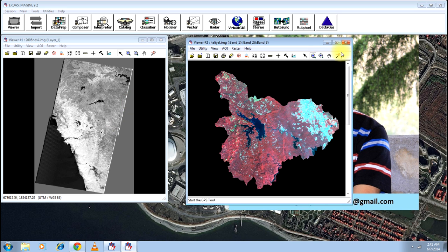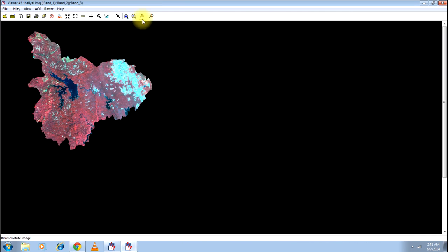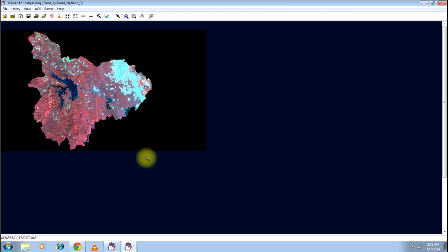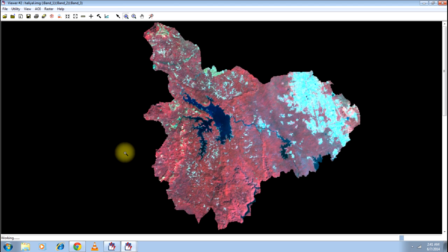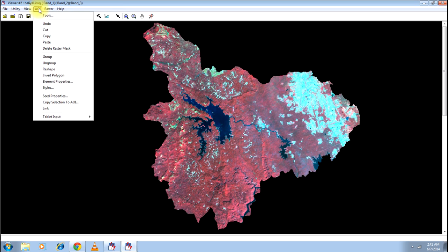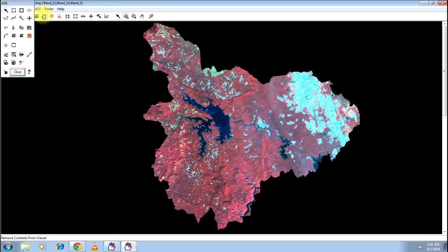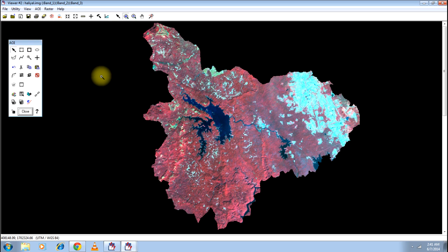Let me tell you how. First, enlarge the entire image, go to the AOI menu and open tools. I've already used the AOI tools while doing the supervised classification. Take the same tool and start digitizing the entire boundary of the study area.